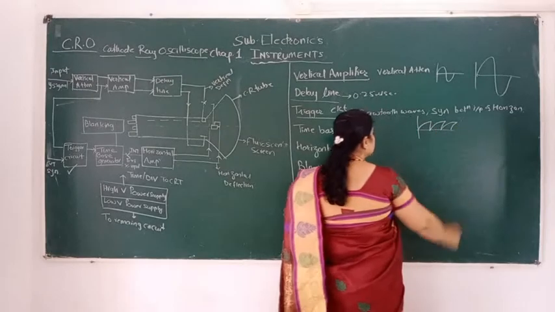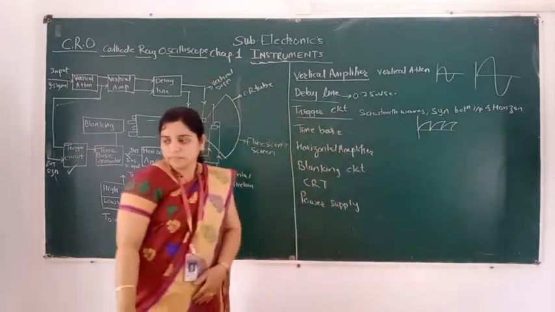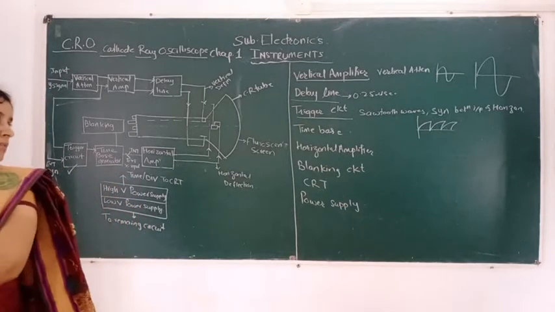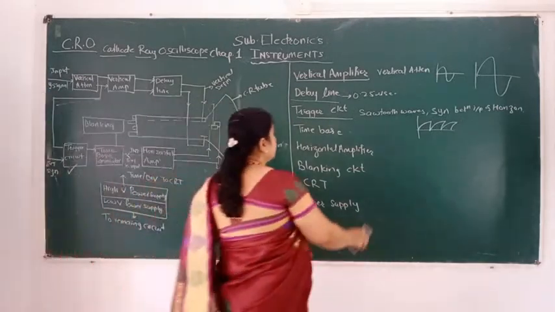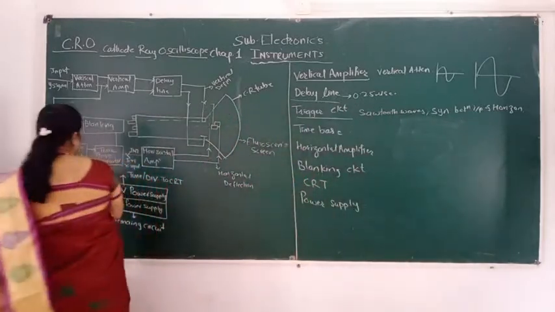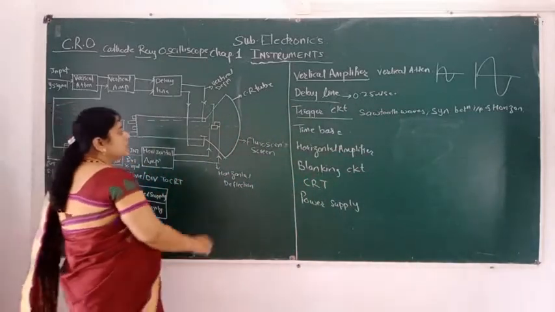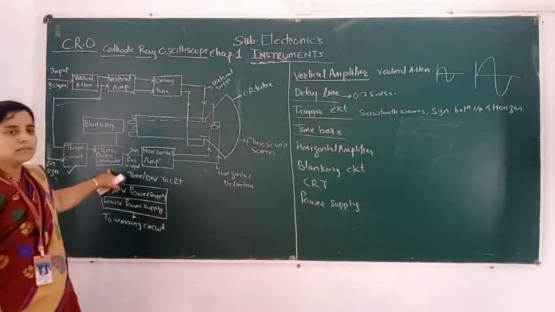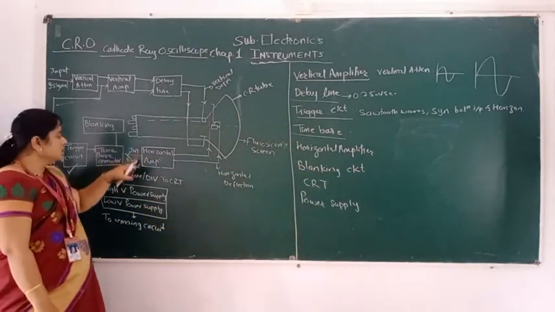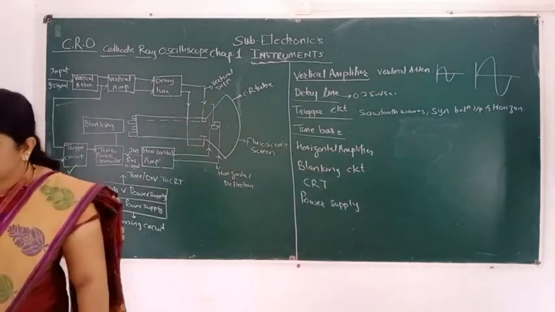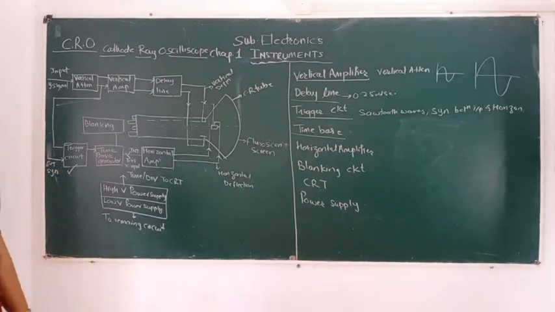It performs the sawtooth wave when input is applied to the trigger circuit. It triggers the signal. Then that trigger signal, or sawtooth wave, is given to the time-base generator. It generates the time base, whether an internal signal or an external signal is applied. So what happens in the time-base signal?